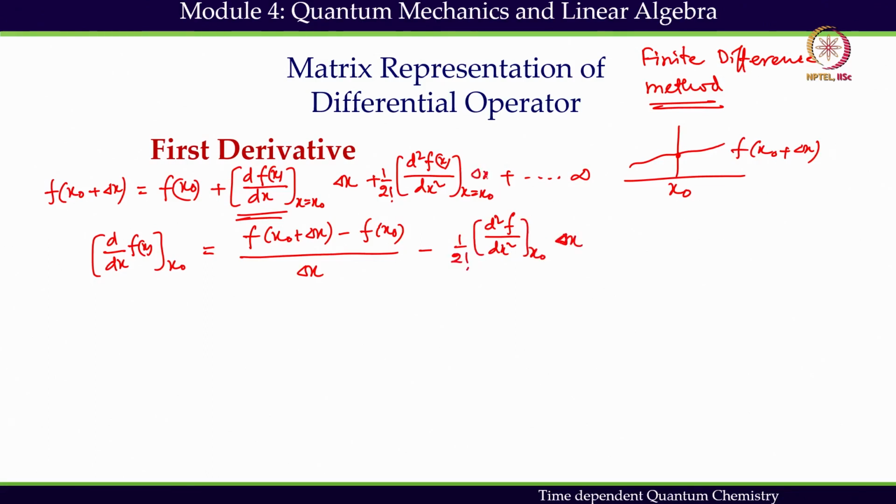Why this is going to be delta x square. So, delta x and plus other terms also there. So, what we will do, as delta x is very small, I can neglect these other terms because that is going to be delta x square, then delta x cube, all these terms can be neglected, and I can say that